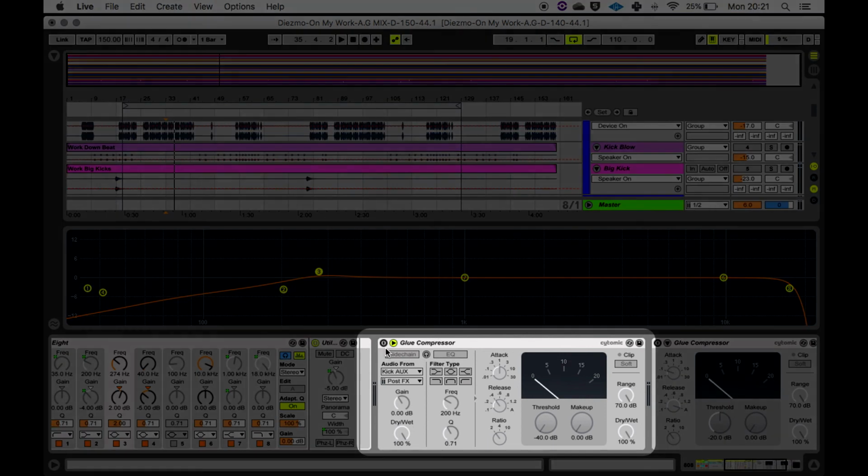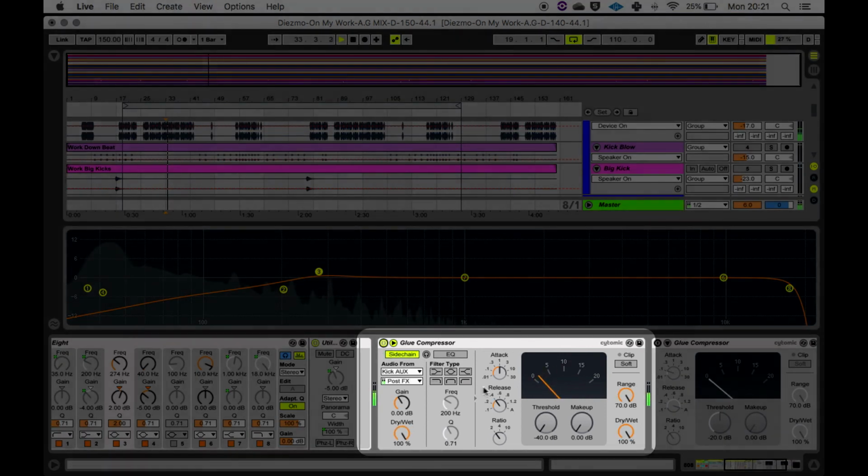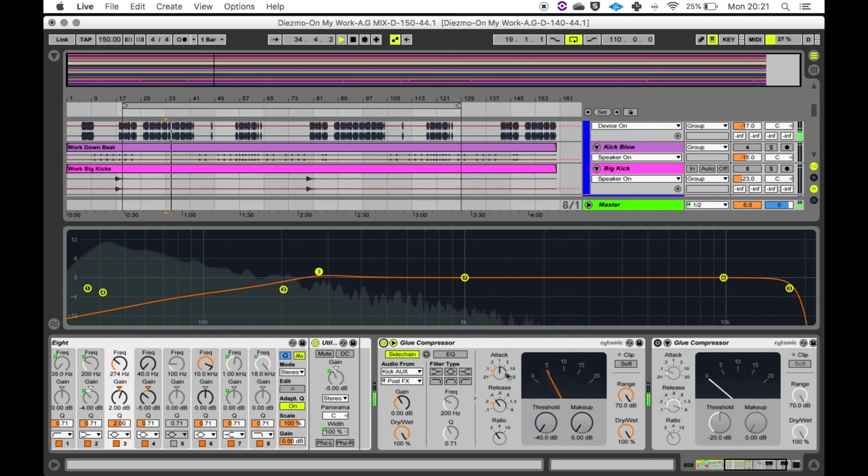So I'm just going to trigger that with the kick we have and use a fairly medium attack and slow-ish release. My rate is 2 to 1. You can hear that slight pumping effect, and that's what we really want to achieve. So this is before, after,